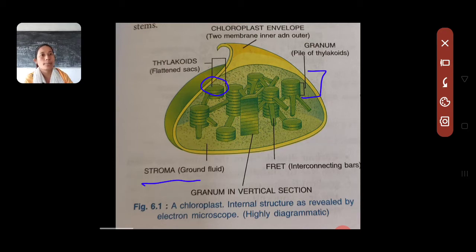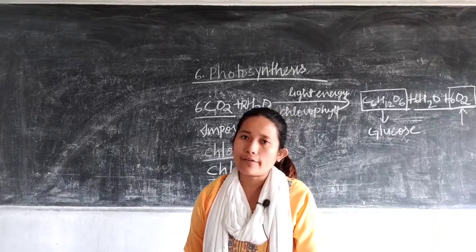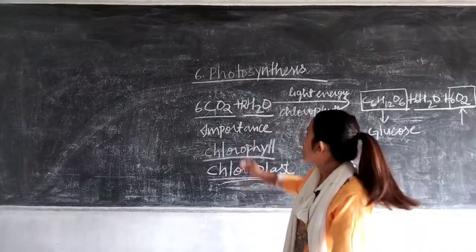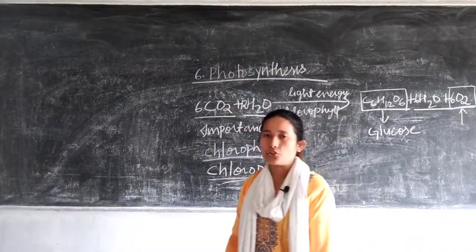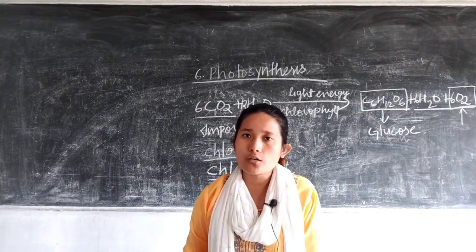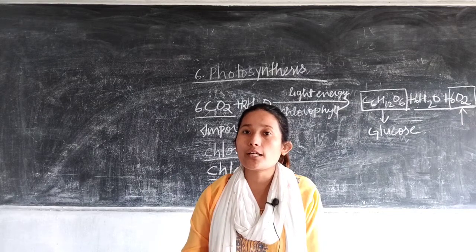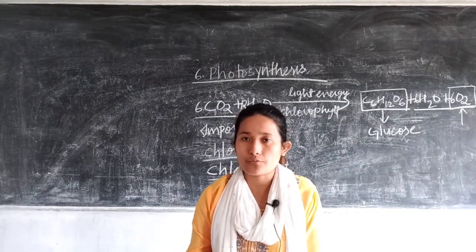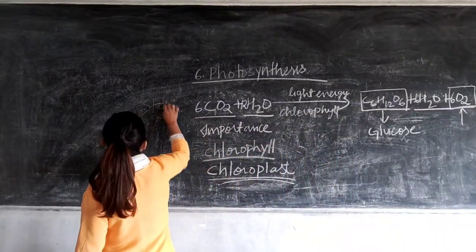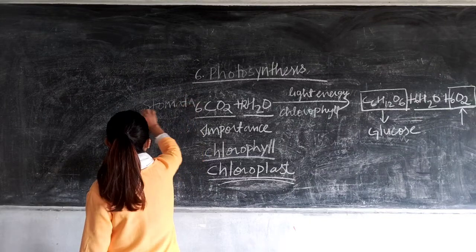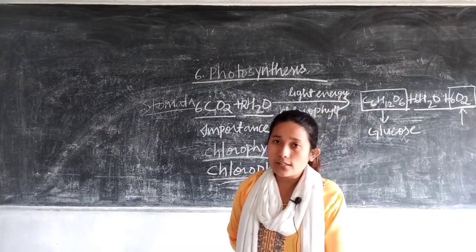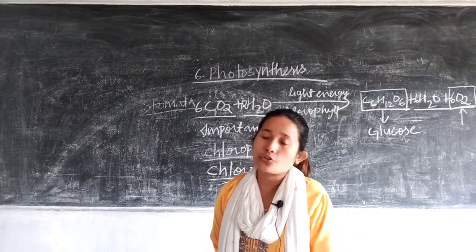Okay, for trapping the sunlight, what do you have? You have chlorophyll, right? But for letting in of the carbon dioxide gas into the plants, there is a small pore like structure present majorly under the leaves, on the lower surface of the leaves. Okay, referred to as stomata. Stomata is a pore like structure through which exchange of gases takes place. That means carbon dioxide enters and oxygen escapes out through the stomata.